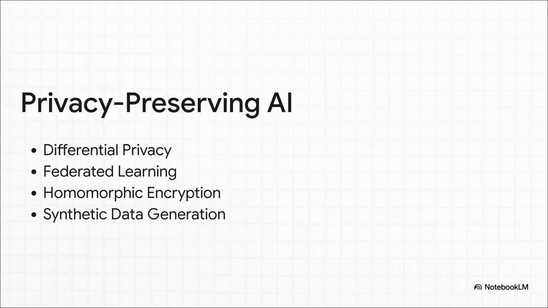We looked at advanced techniques that let you protect data privacy while still getting all the benefits of AI. Things like federated learning, where the model learns without ever seeing the raw data, or homomorphic encryption, which sounds like science fiction but lets you run calculations on data while it's still encrypted. The big takeaway was that you don't have to choose between privacy and progress.